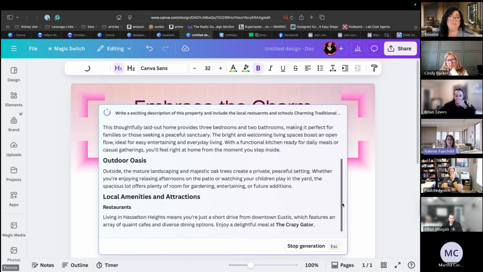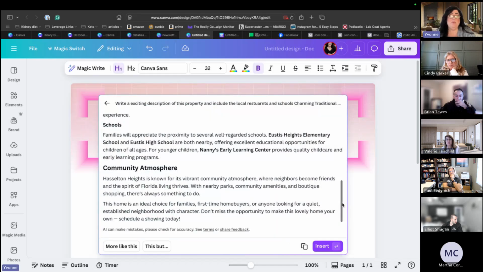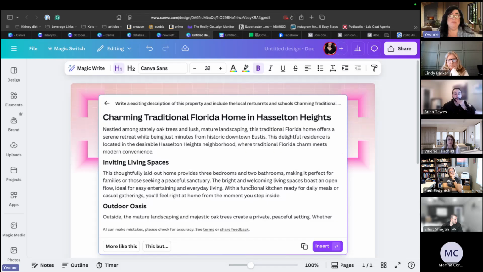Did you ask it to make like five social media posts about this property? It would only make words. Yeah, we could do that. So it's not going to make an image; it doesn't put images with words as far as I'm aware. So this would be like the caption that you would put above the graphic.